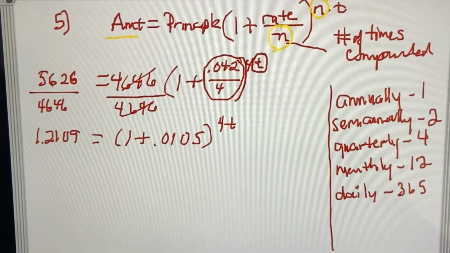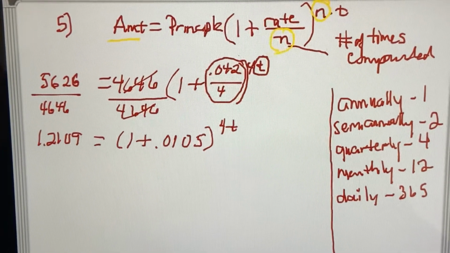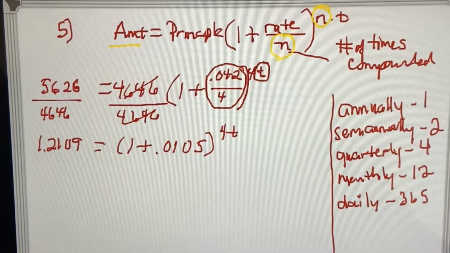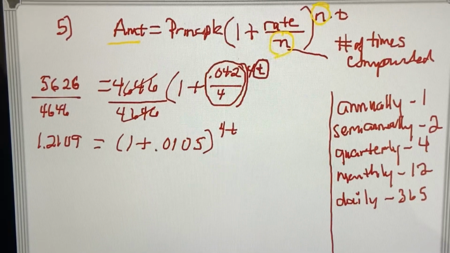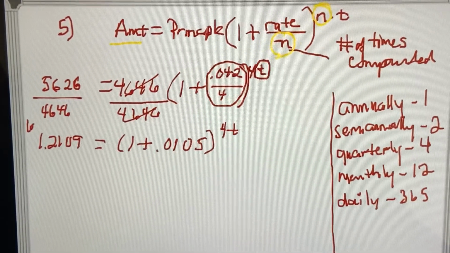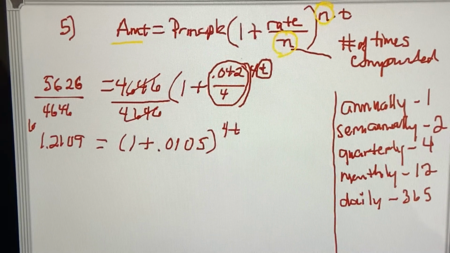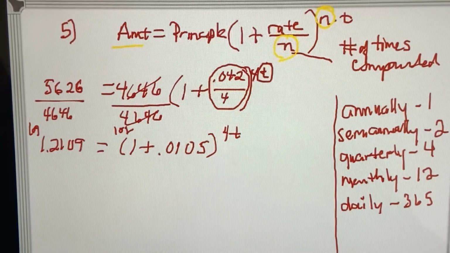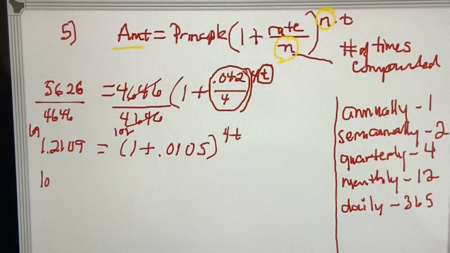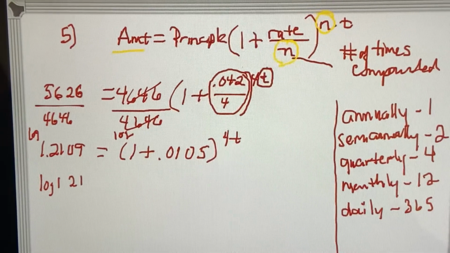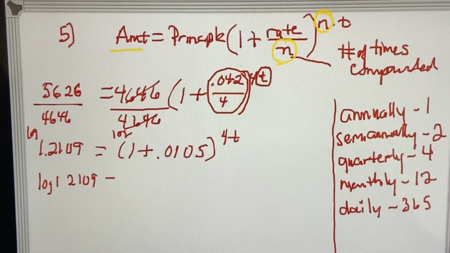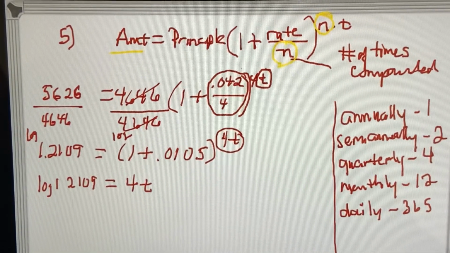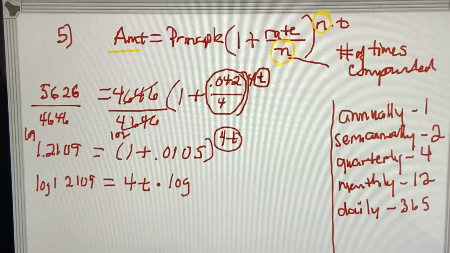Now, at this stage, I want to move that 4t down. He needs to come down in front if I can. So if I log both sides, now guys, I can log or natural log, either one. I like doing common log. So if I common log both sides, then this is just the log of 1.2109 equals, and remember this comes down in front, 4t times the log of,